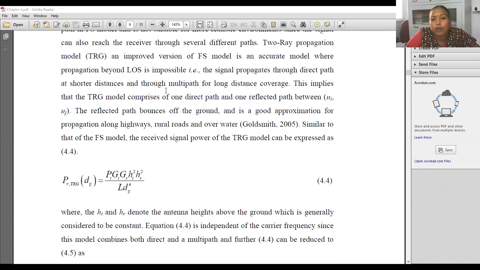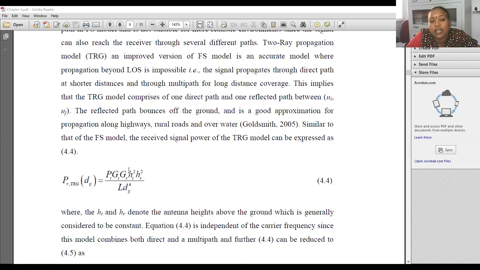Two-ray propagation model: the equation for receiving power for the two-ray ground model is Pr(Dij) equal to PT GT GR HT square HR square by L Dij to the power 4. PT represents the transmitting power, GT and GR represent the gain of the transmitting antenna and the receiving antenna.